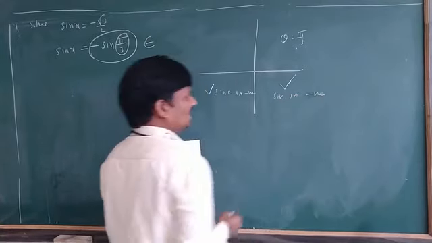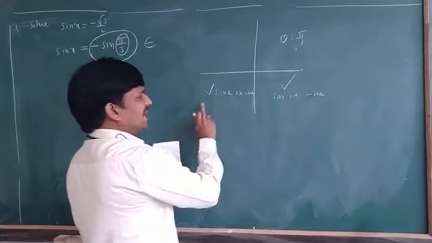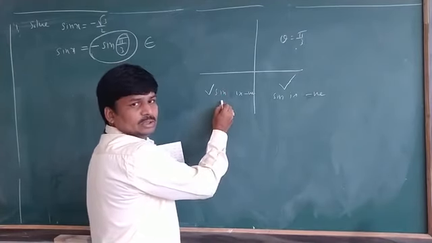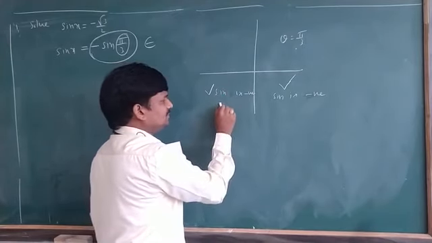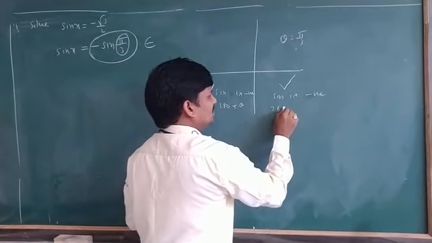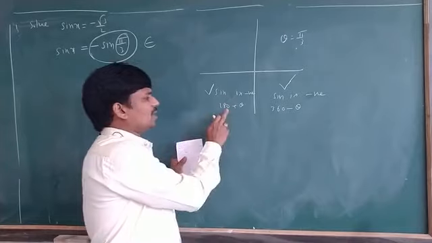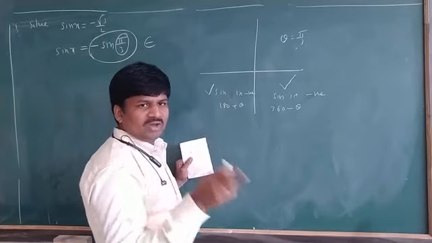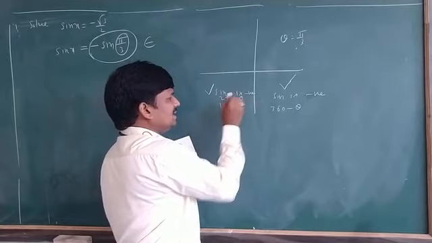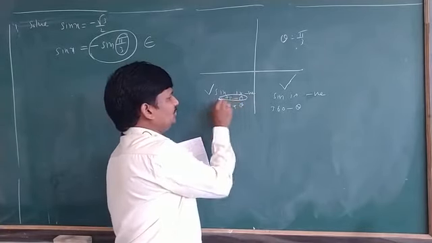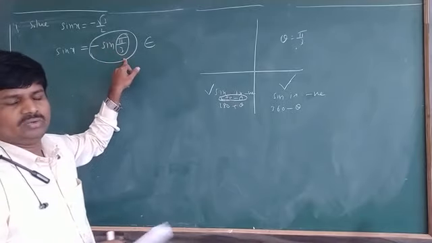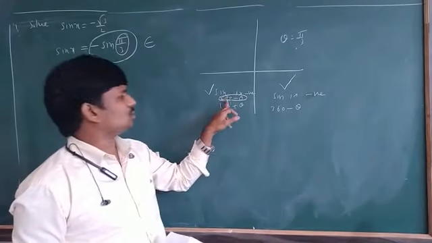So sin negative means what is the angle here? Here you cannot take 270. Here 180 plus theta, here 360 minus theta. We have to take only 180 and 360. Actually in the third quadrant the angle could be 270 minus theta, but you cannot take this value. If you take it, you will not get minus sin pi by 3, you will get another value. That is why you cannot take 270 minus theta.